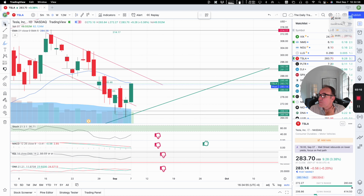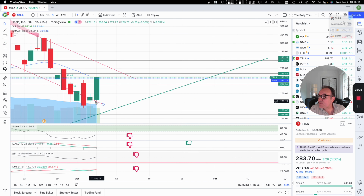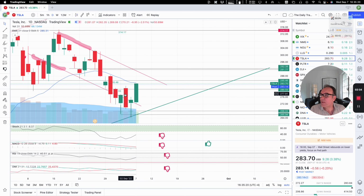We had closed barely within the downward channel. This is the downward channel. We are still in the downward channel. We are just bouncing nicely on that support, and look at how precise the support is. The support is right smack on our line that we had drawn before. There's no random movement in the stock. If you see a random movement in the stock, it's just because you have not identified the right lines that